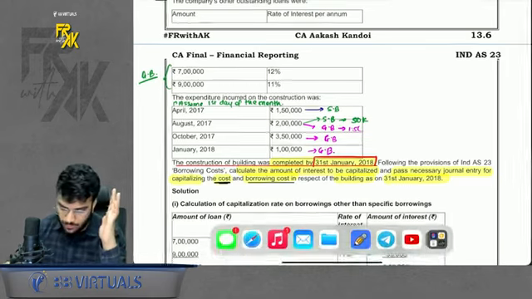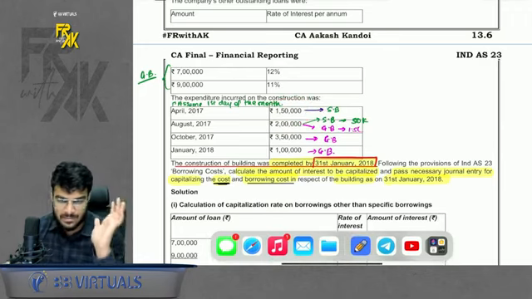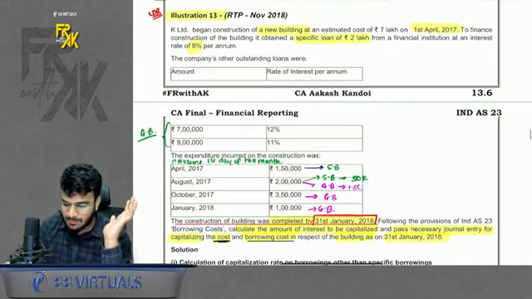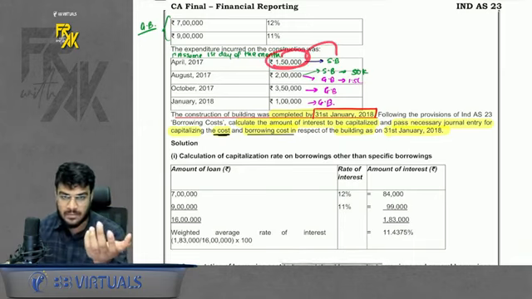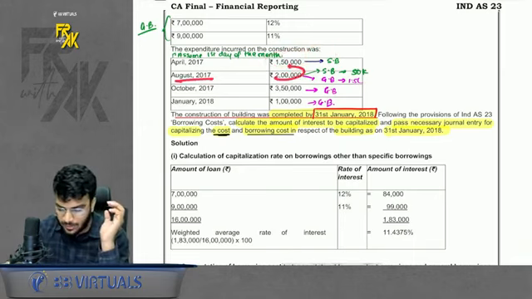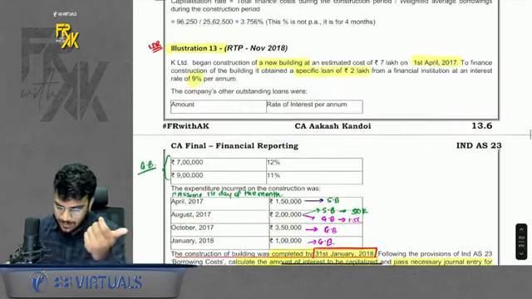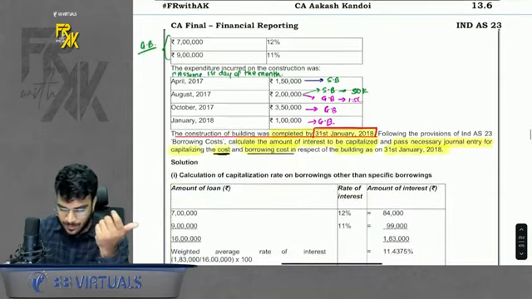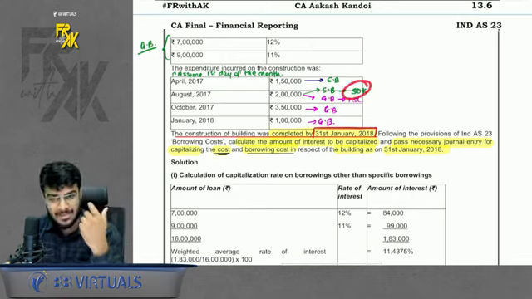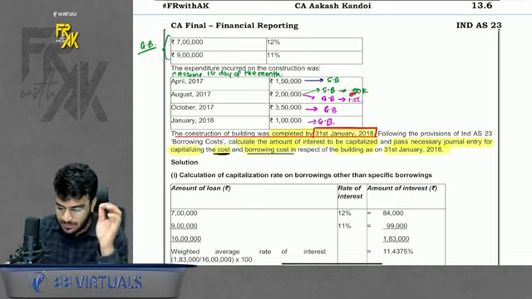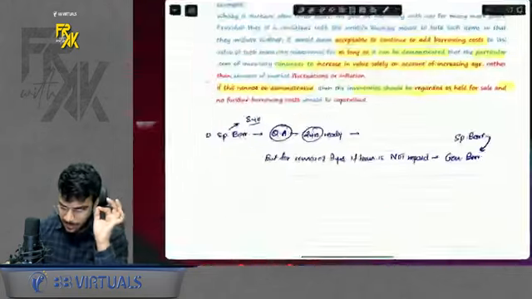Whenever you are spending the money, first you will utilize the money of specific borrowing. Let's say I had a specific borrowing of 2 lakhs. So the expenditure which I incur in April will be funded by specific borrowing. The expenditure which I incurred in August, some of it will be funded by specific borrowing. Let's say I had 2 lakhs, out of which 1 lakh 50 I utilized in April. The remaining 50,000 I will spend in August, so that 50,000 will be funded by specific borrowing. Do remember, in case of specific borrowing, I am not concerned with when you spent the funds. I will capitalize the full interest.